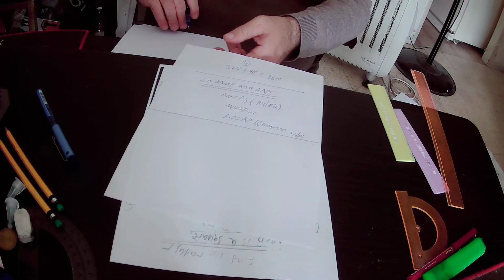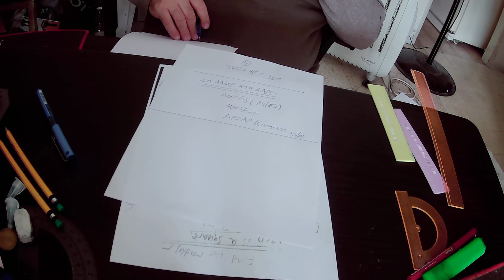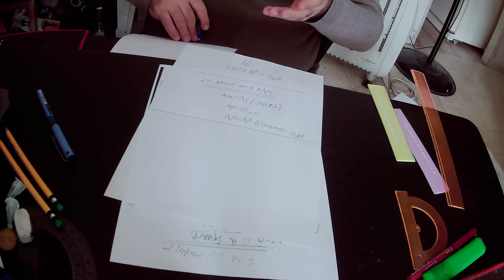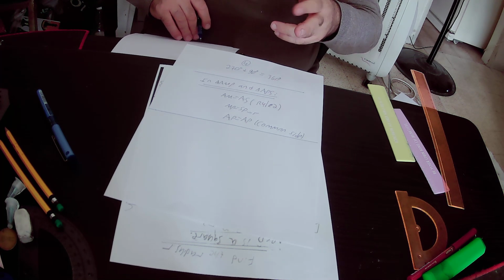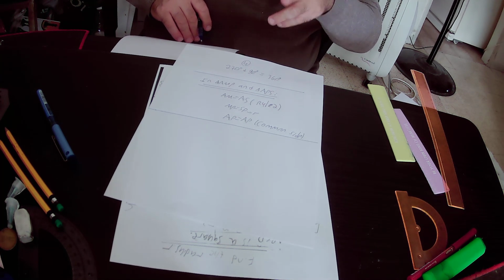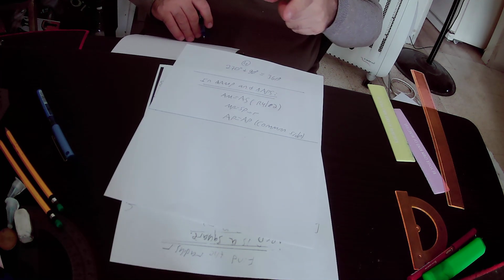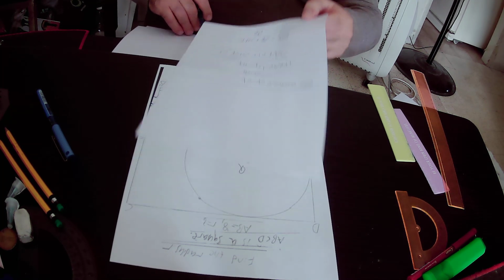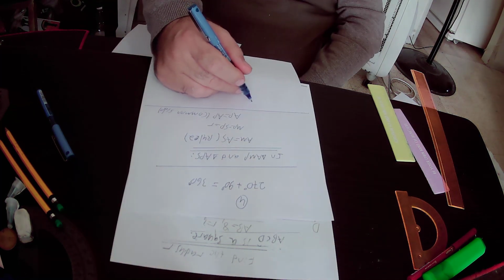So AP equals AP is a common side, and we have proved that three sides of the right triangle AMP are correspondingly equal to three sides of triangle ASP. Therefore, we proved that the right triangle AMP is congruent to the right triangle APS according to the side rule. So I will write it down. The right triangle AMP